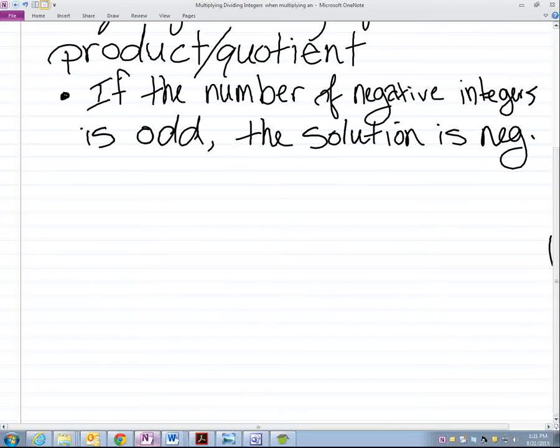If it's odd, it's negative. If the number of negative integers is odd, the solution is negative. So for example,